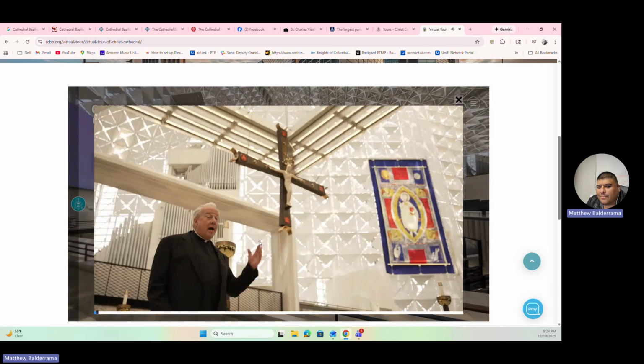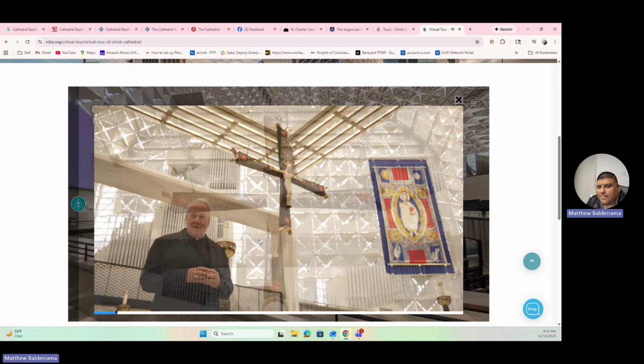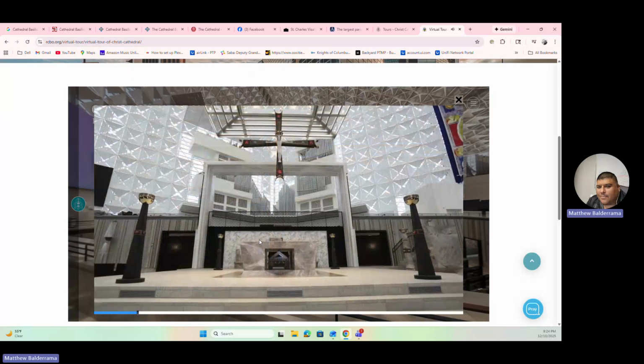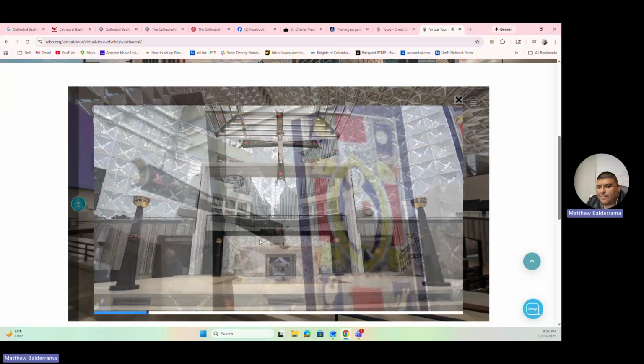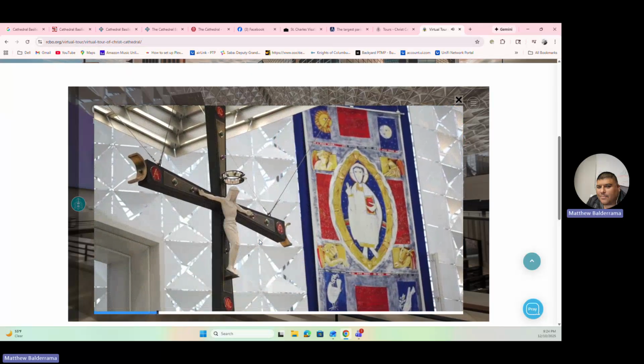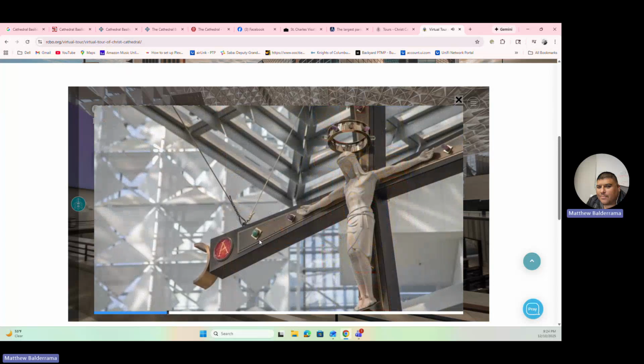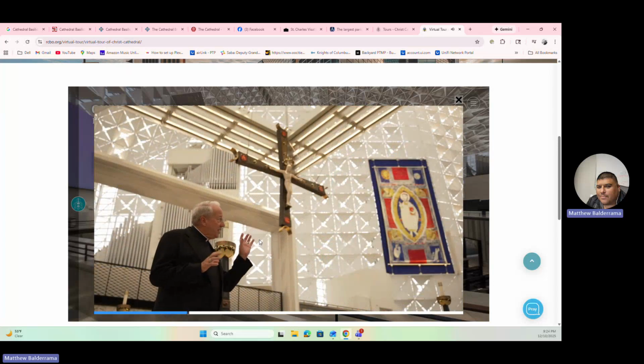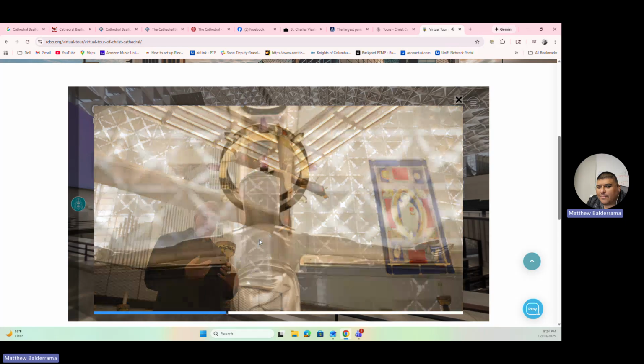Behind me is our beautiful crucifix hanging over the altar of Christ Cathedral. We call our crucifix the Crux Gemmata. Why? Because it is fashioned after a medieval crucifix which had precious stones or gems embedded in the cross itself. What is unique about this particular style is that the crossbars are of equal length. And so we took an ancient art form and tried to make it contemporary.